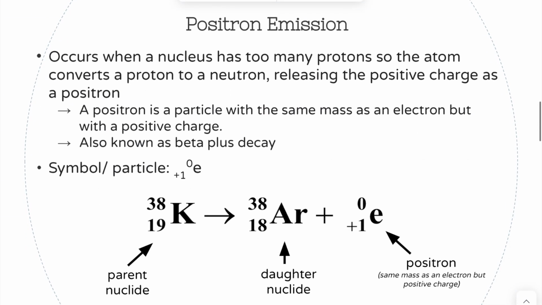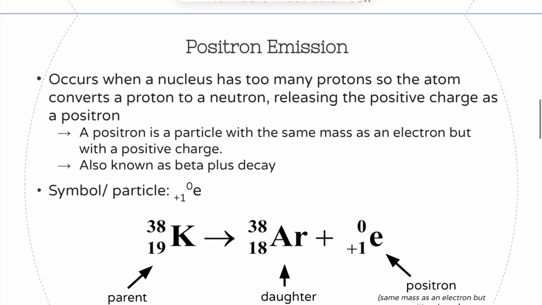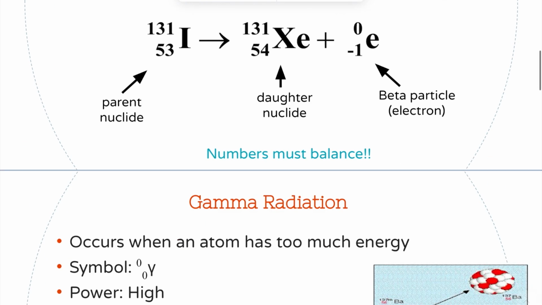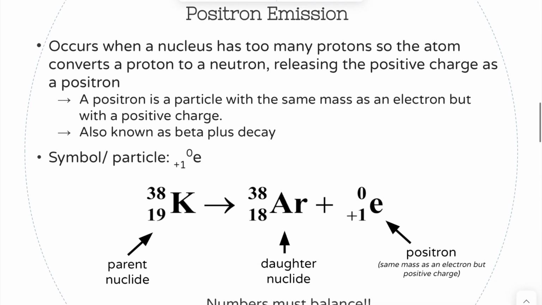All right, and then the last type of particle that can be emitted, this was not discussed in that intro video, is positron emission. Positron emission occurs when a nucleus has too many protons, so the atom converts a proton to a neutron, releasing the positive charge as a positron. And this is really similar to what we see pictured here with that beta decay, because it is the same process. It is also known as beta plus decay instead of beta minus, where beta minus is an electron with a negative charge. A positron is a particle with the same mass as an electron, but with a positive charge, and so that's how that charge gets emitted